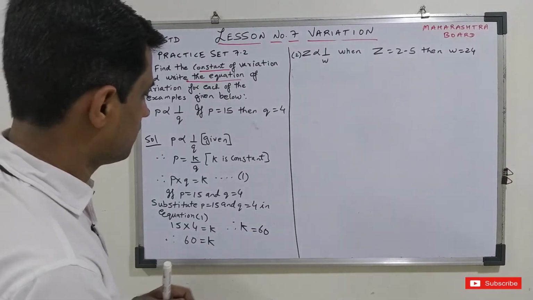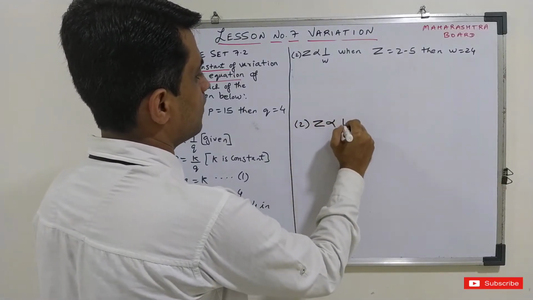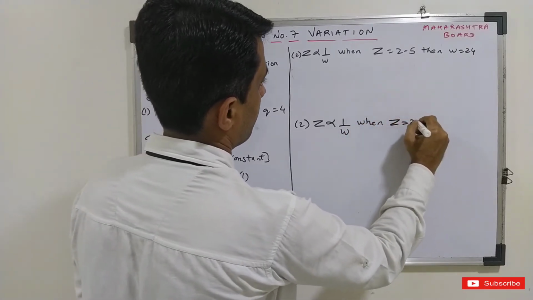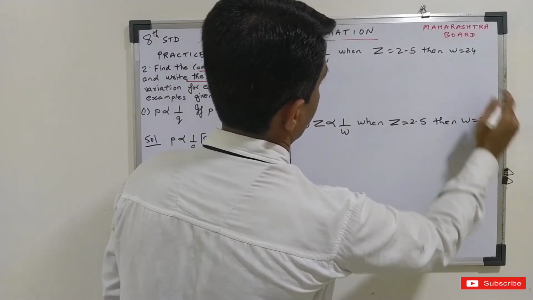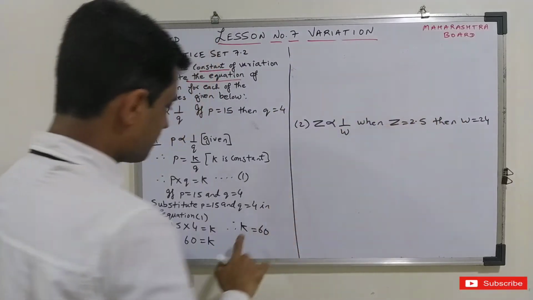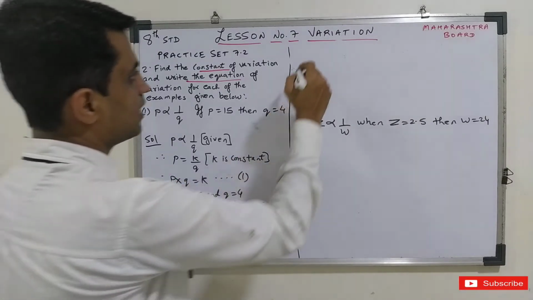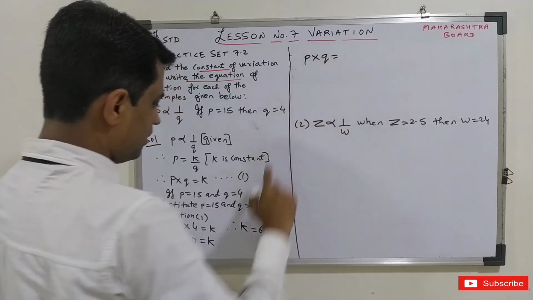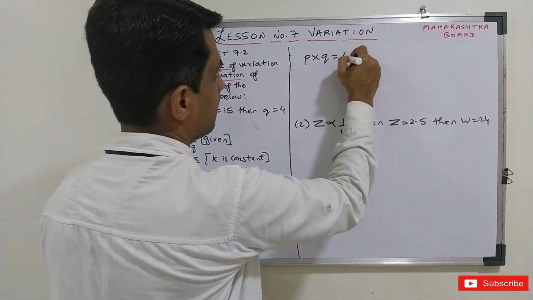After this, I just write this question here. This is the second question. I am noting it down here. So we are ready with the second question also. But first the K is given to you. This value will be substituted here. So what will you get? P into Q is equal to K. What is K? 60.